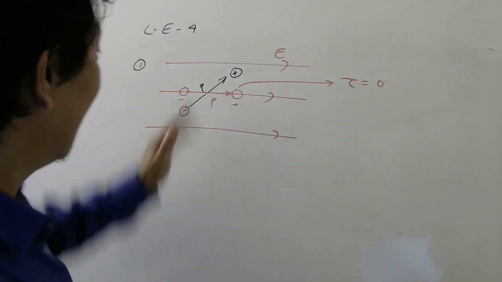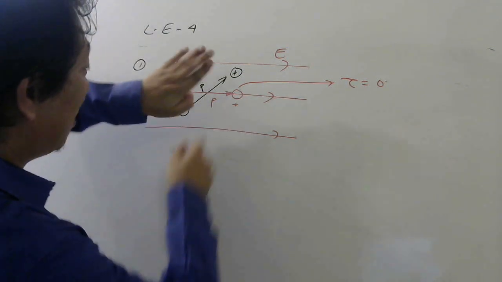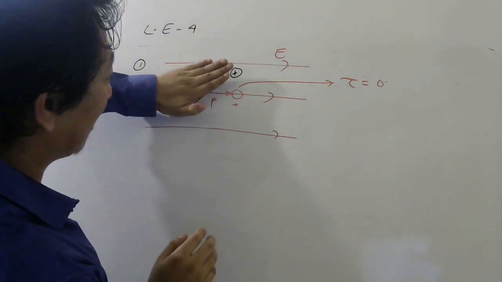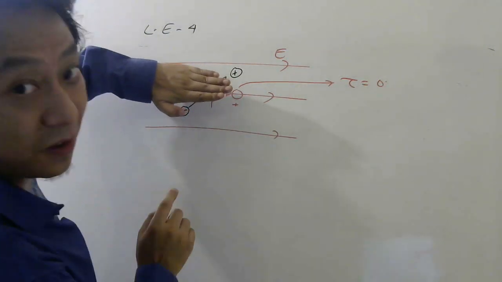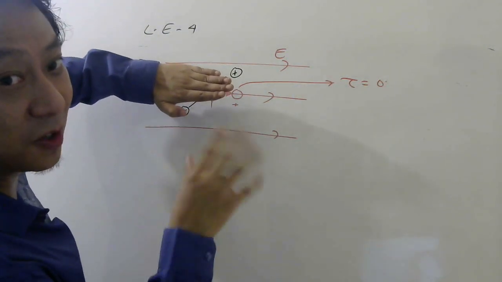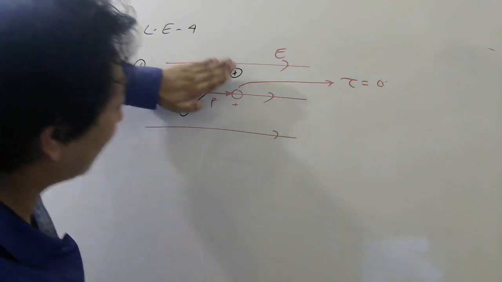So similarly, this dipole, these charges will have some mass, no? So when you leave the dipole, it will turn like this because of the torque. When it reaches here, torque is 0, but that doesn't mean it will stop because it already has motion. It already has motion, so it will continue.